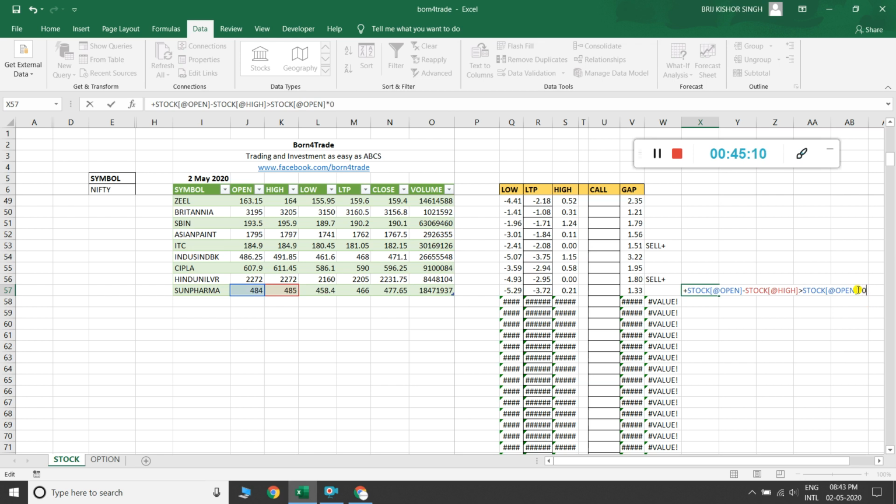This is less than open into 0.004, and it gives a fail result. Then I change the symbol like this, and it gives me a true.